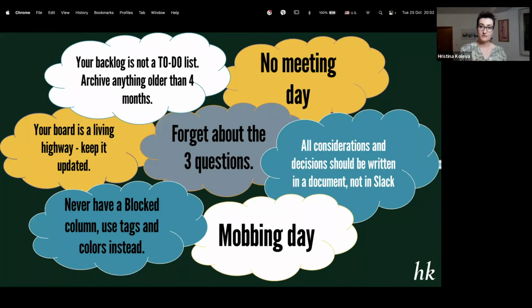After an active collaboration day, it's natural to have a no meeting day, for example, to really focus and finish what you've decided on the previous day.